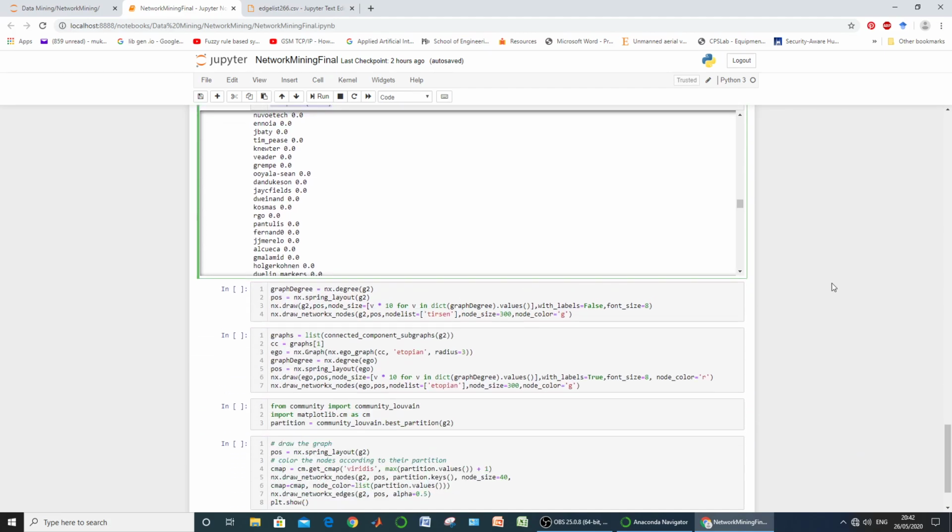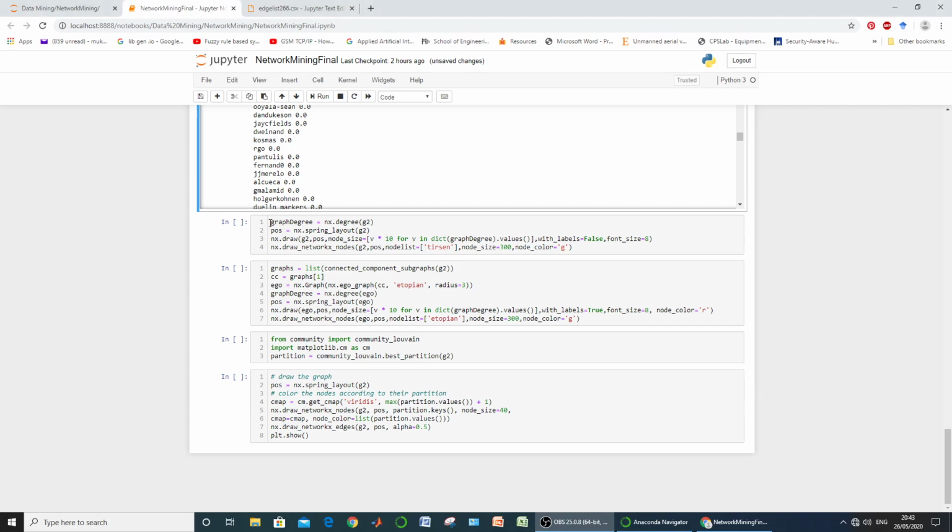Now the next block is for superimposition of graphs on the same canvas. Here we want to plot graph G2. We selected a layout for this, and we draw G2 on this canvas, again using the same parameters. After drawing this, we drew the other graph that contained only one node, meaning the node list contained only Tierson.